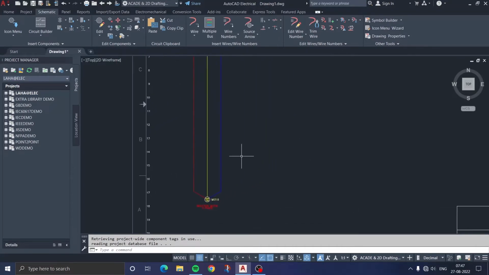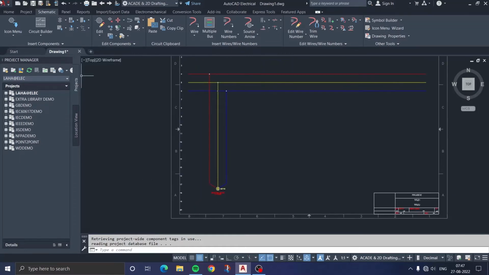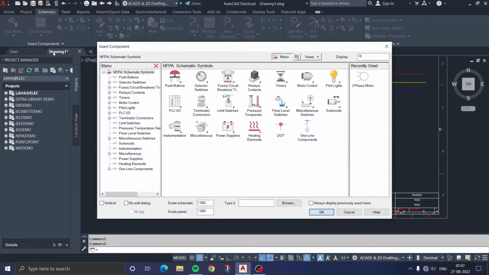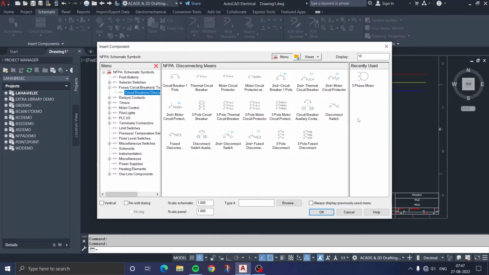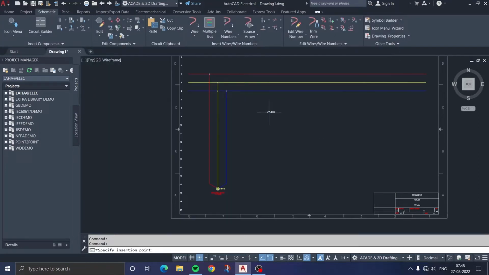Now you have to add the components for the protection of this motor. First you have to take a disconnecting switch. Again you have to click on the icon menu, then there is an option for fuse, circuit breaker, etc. Just click on it. You can see there are options; double click on it to get more options. There is a 3-pole motor circuit protection, but I am not going to choose that. I am going to choose this one, the 3-pole fuse disconnect. Okay, so just click on it and